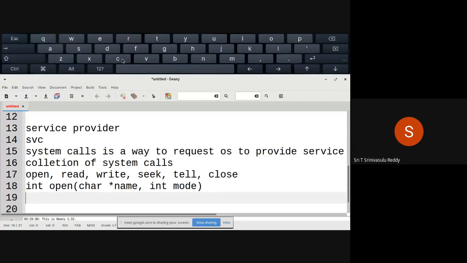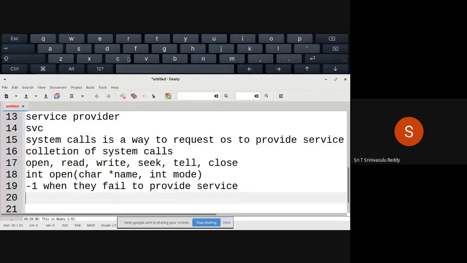And it is a normal practice that system calls will return -1 when they fail to provide the service.